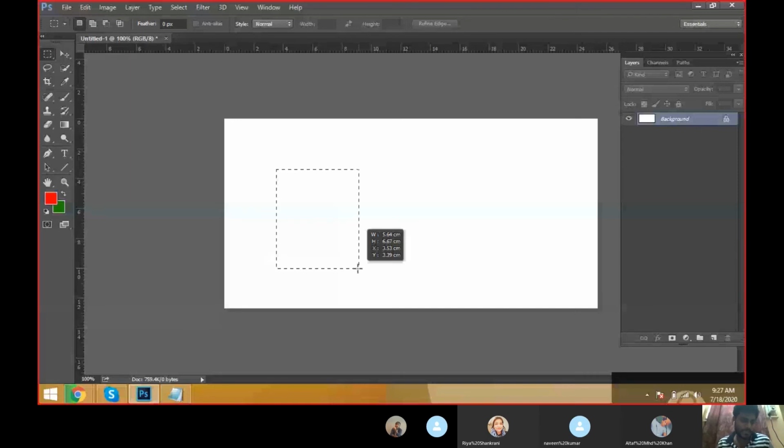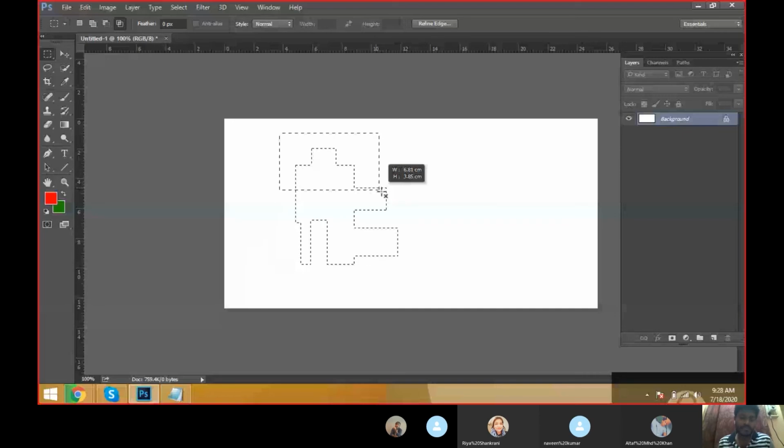Click on the rectangle tool, and this is the selection area. This is the selection part. This is add to selection, and this is subtract from selection, meaning adding a part and subtracting a part. Then intersect: wherever you select, that part will be visible and the unselected part will be removed.